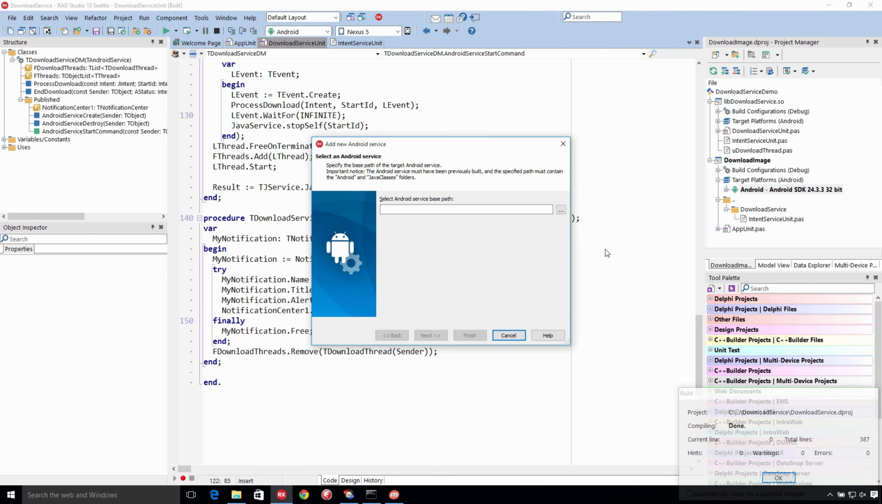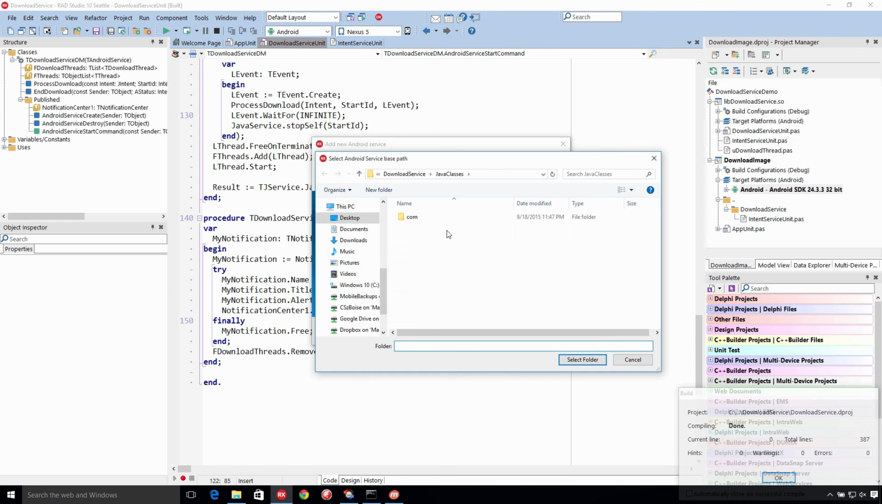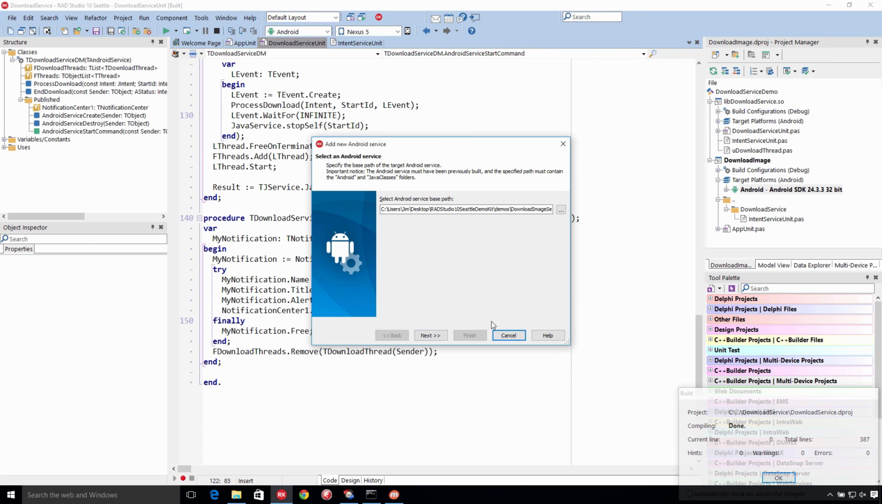Add Android service, we browse, and we want to make sure we're in the download service folder, the folder that contains the Java classes folder, not inside the Java classes folder. So our folder is download service. We see it has the Java classes folder within it. We hit select folder, hit next,